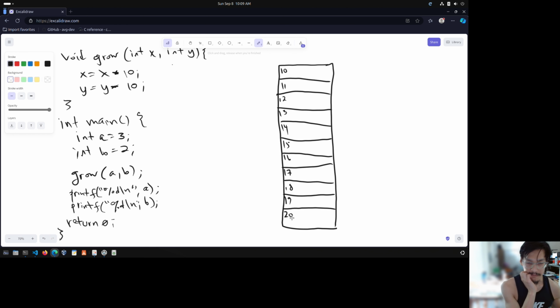Now, let's execute our code. We'll have int a is 3. So let's just pick 14. We'll have an int type called a. It gets the value 3. Then we'll have int b, and it gets the value 2. Then we'll say grow a b. Okay, remember, this is the detail. Copy by value. Always